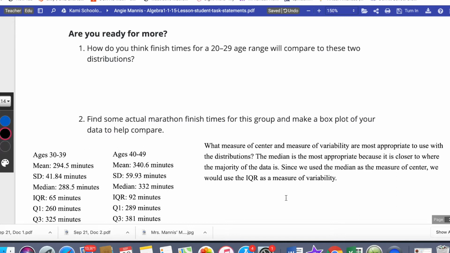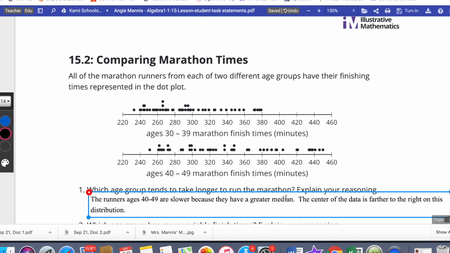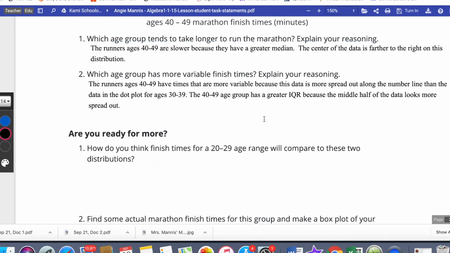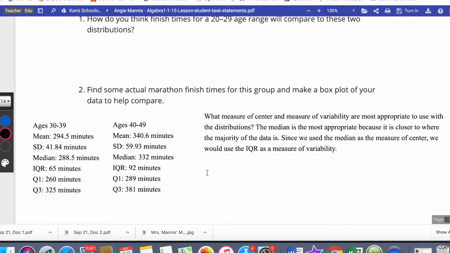Okay, so which points show values that are most likely to be outliers? If you're looking at these, we would probably say the slowest runners, maybe to the right of each of these dot plots, would more than likely be outliers here. But it says based on the displayed information, so the statistics that we have, are there any outliers in these data sets? So for the 30 to 39 age group,